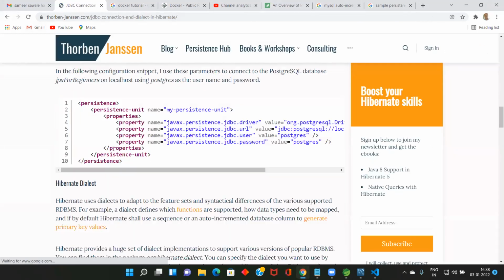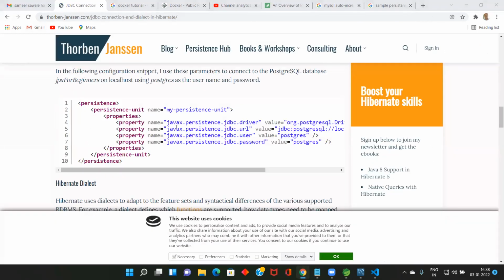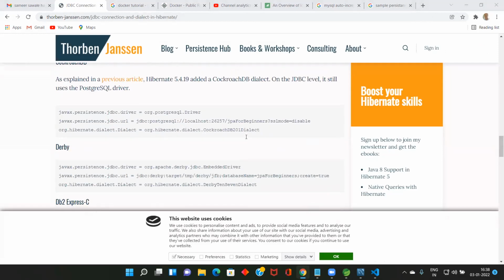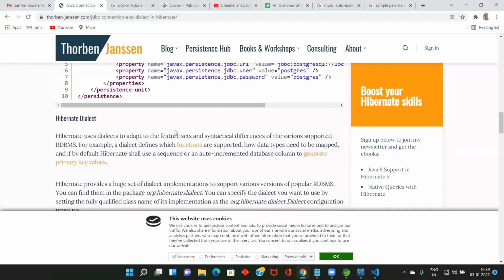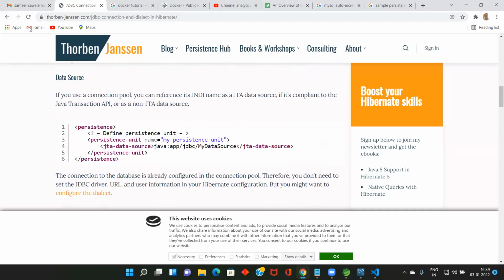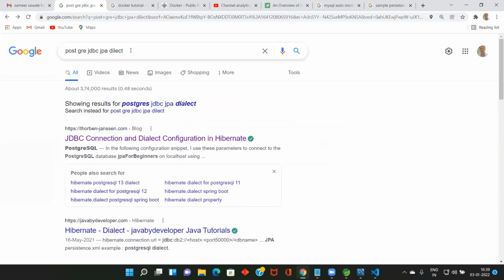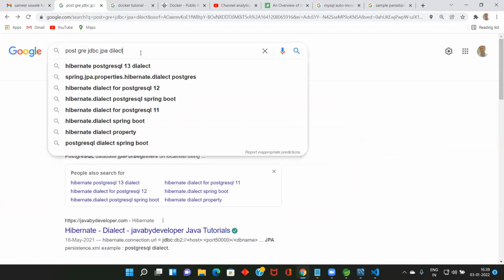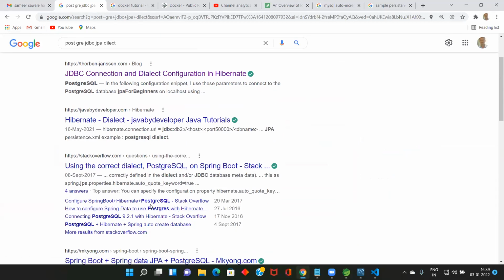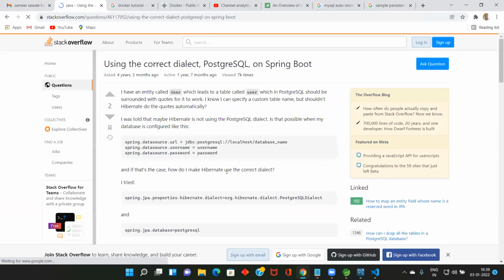Dialect here. There is a dialect, username, password, driver name. Where is the dialect here? PostgreSQL dialect. See, Spring uses the correct dialect of PostgreSQL.